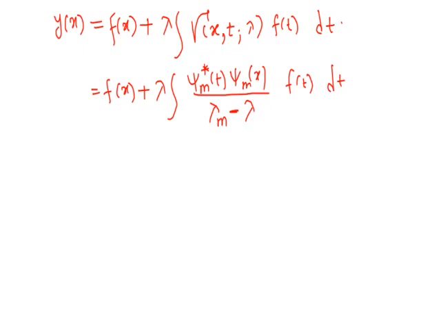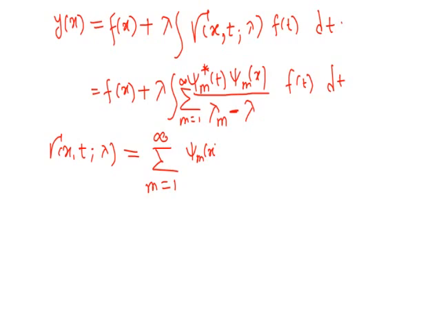And this becomes the solution of the Fredholm integral equation, where gamma x t lambda is given by summation m going from 1 to infinity xi m of x xi m star of t divided by lambda m minus lambda,